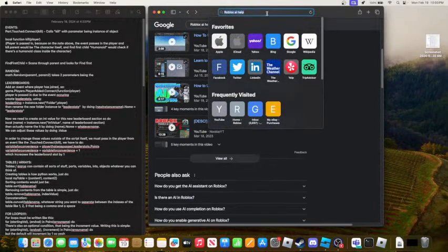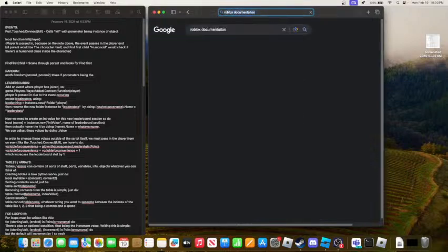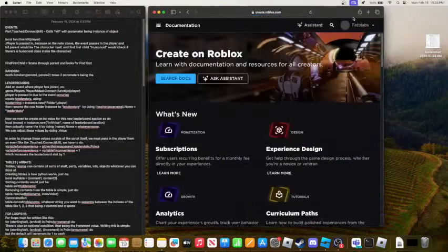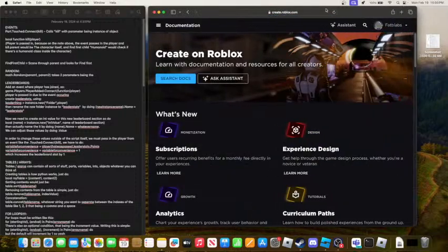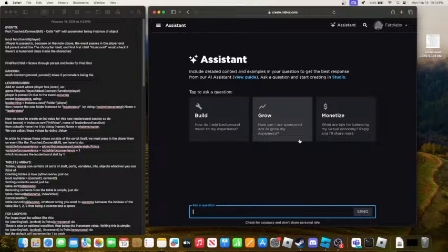I asked it. So let's check out the Roblox documentation. Here we go, this assistant right here. Okay, so what is server script service,